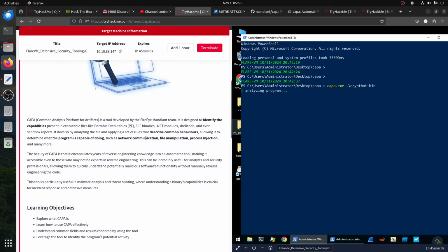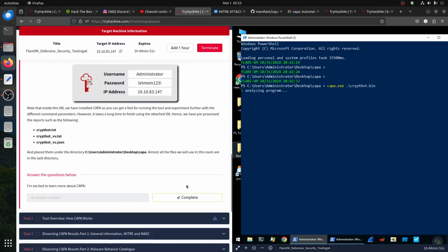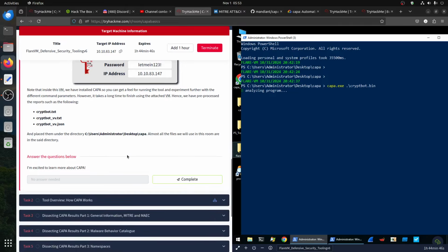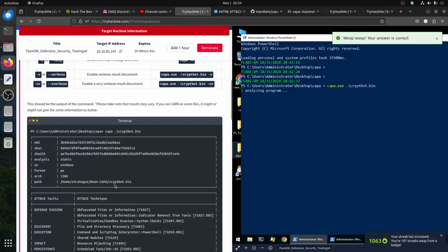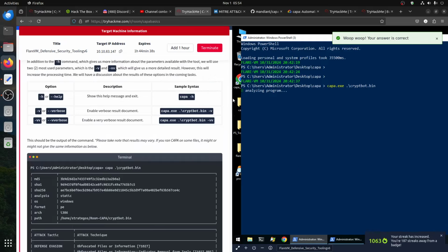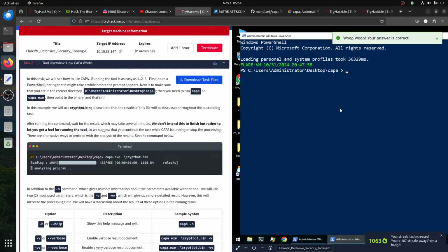they give us all the information on what this malware can do: common behavior, capability, network communication. So when you have this without running the virus or the malware, you can get a lot of information from it. I'm still running the program, and they tell you it takes time. That's why TryHackMe gives us